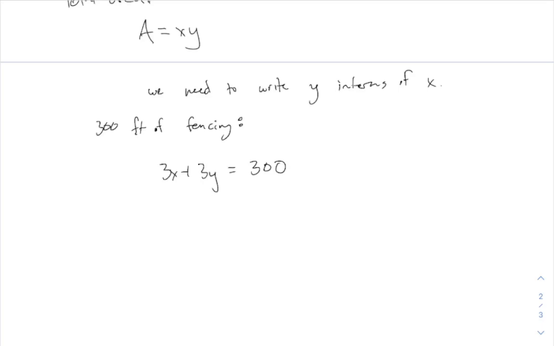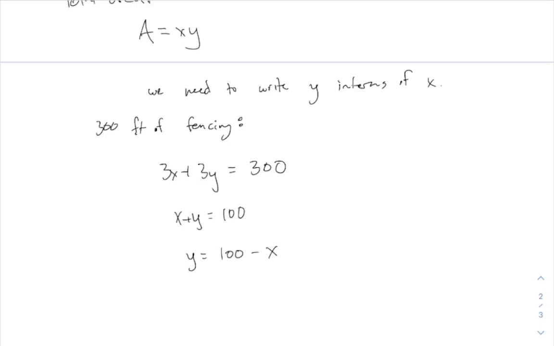Okay, remember, my intention with this formula is to solve for y in terms of x and then plug it back into something from earlier. So maybe just to make things easier, we could divide everything through by 3 here. It just says x plus y equals 100, and then I can solve for y. y is 100 minus x. And now I'm ready